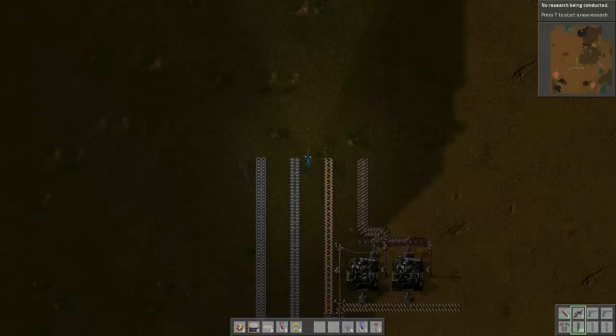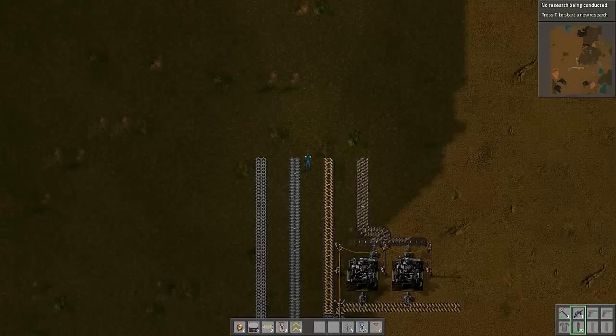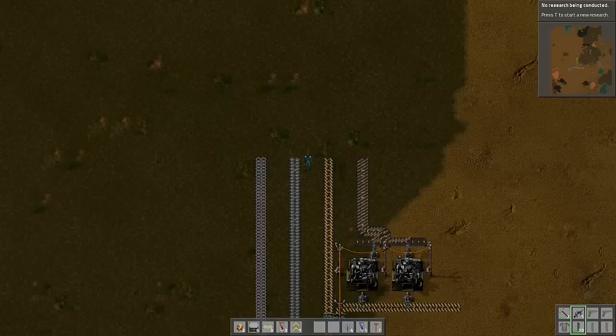You can set up storage crates, and they'll then take them to the storage crates that are on the same logic system. You have 3 logic systems: regular, which is nothing, and then you have red, and then you have green. I usually set up my green logic system first, and I use that for storage. Then I'll use a red logic system for something else. So long as the systems are not connected together, you can have